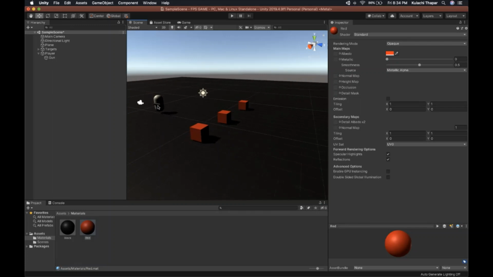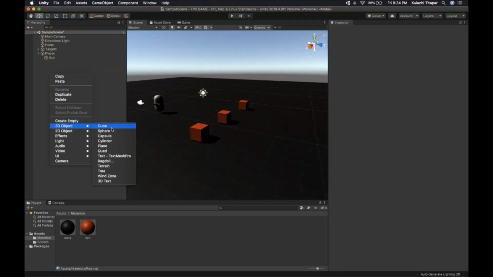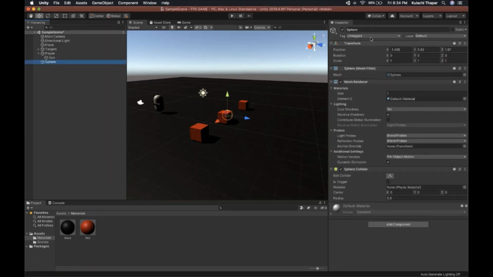So now we'll be creating a bullet, right? The way you do that is the same way you create other objects. Right click on your hierarchy, create 3D object, and sphere, right? And it's always good to reset the transform so you know where exactly that sits. And then this sphere is obviously a little too big. It's almost the size of our player, right? So we'll change the scale of it as always, and we'll make it 0.2 everywhere. So all x, y, and z are 0.2,